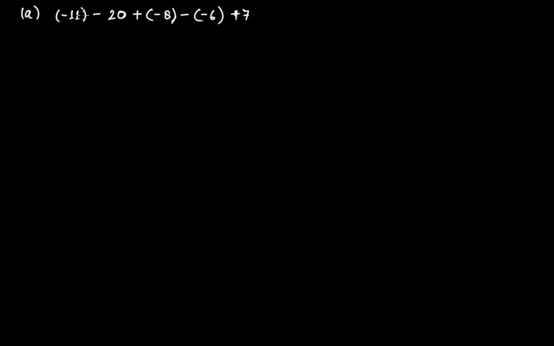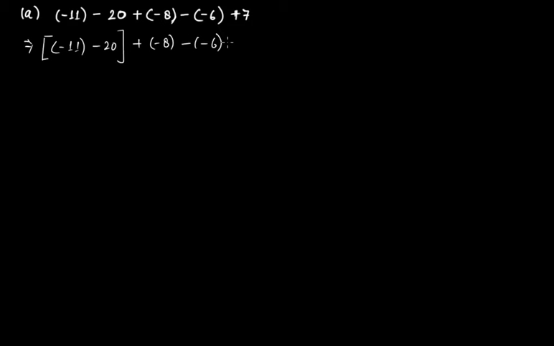So we have a question here involving subtraction and addition of a number of negative integers and positive integers. And in such questions, always start from the left and move all the way towards the right. And always take two integers in a pair and put them within a square bracket. So if I take a square bracket and write minus 11 and minus 20, then bracket close, then minus 8